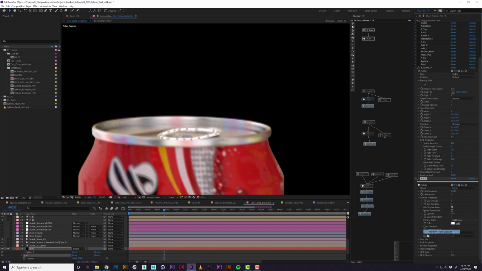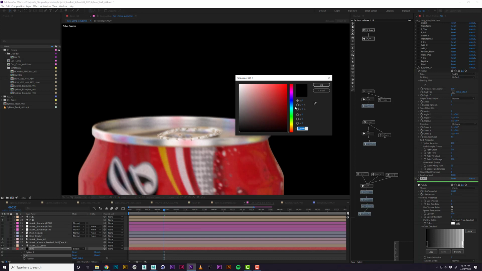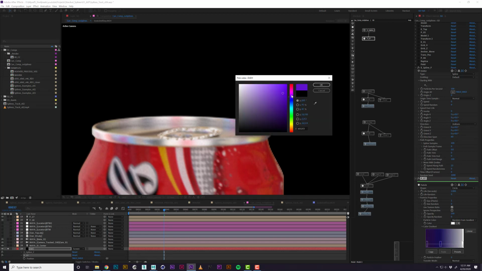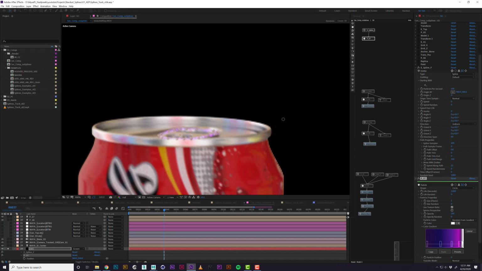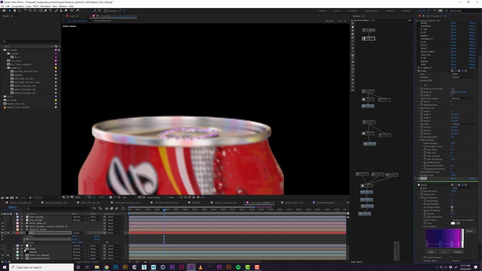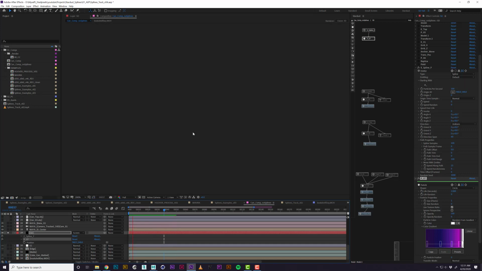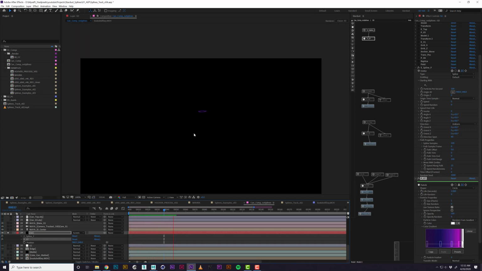So great. Let's change their color. Maybe they're going to be a random from gradient, and maybe we're doing some purples. Since we're doing something that's additive, it's nice to have different values. So let's do some really dark purple, some really dark blue purple, and then we can get in some lighter values, and then some really hot colors, something like that. And if I turn off my can here, you can see that now we have these particles moving along our path, and they're in our scene, and it's looking pretty cool without that much work.